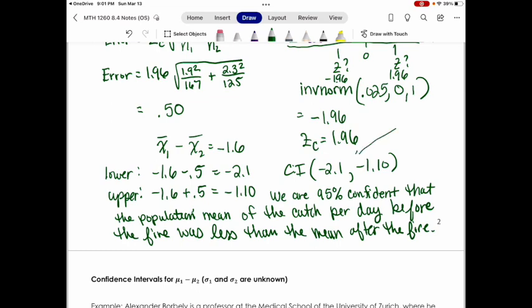Now, the reason why I say that is because the mu1, which is our population mean for